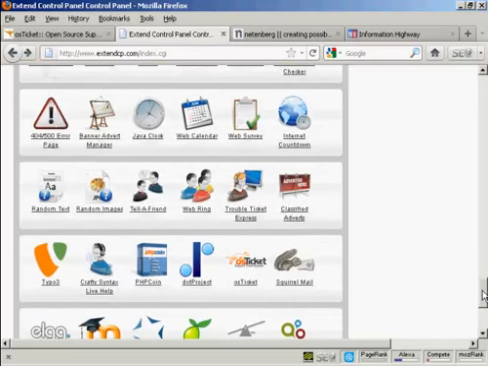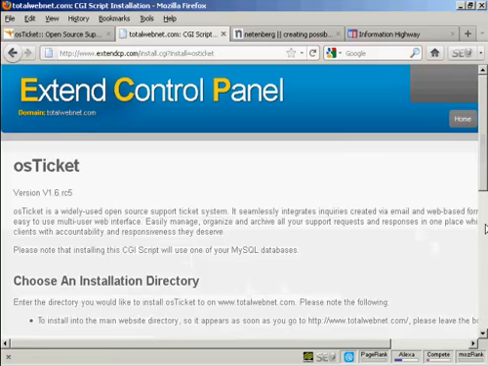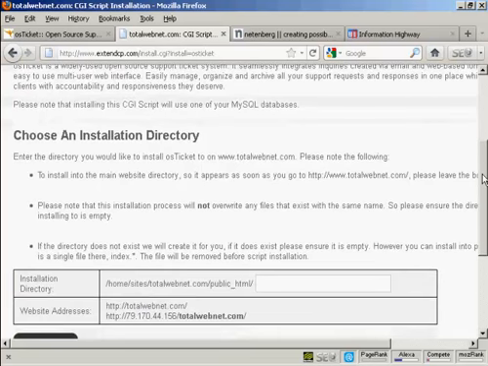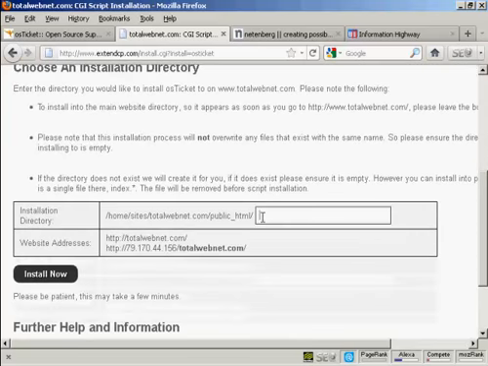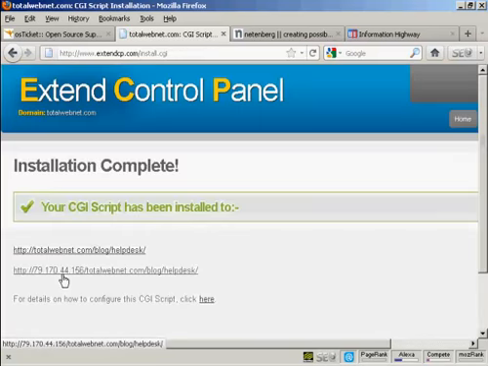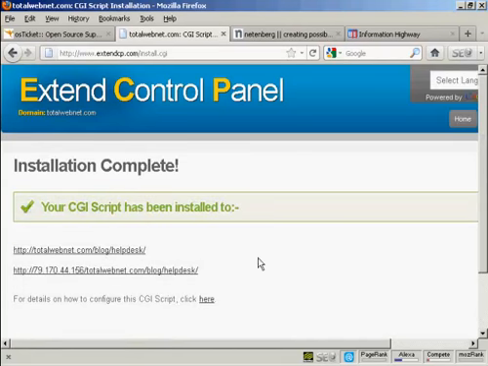And I'm going to use this for this demonstration. Okay, first thing to do is to click on the link, and then we need to choose an installation directory. So I'm going to install this under blog and help desk, and then click on install now. As you say, this can take a few minutes. And there we go, it's now been installed,